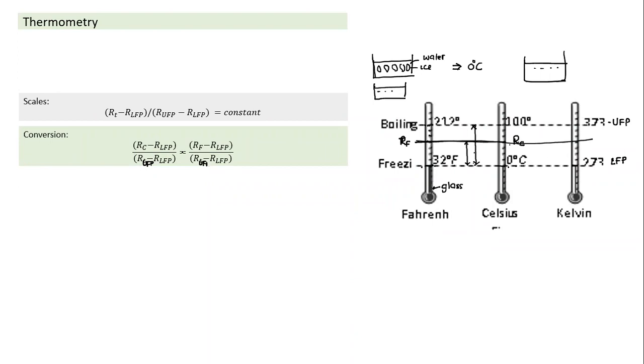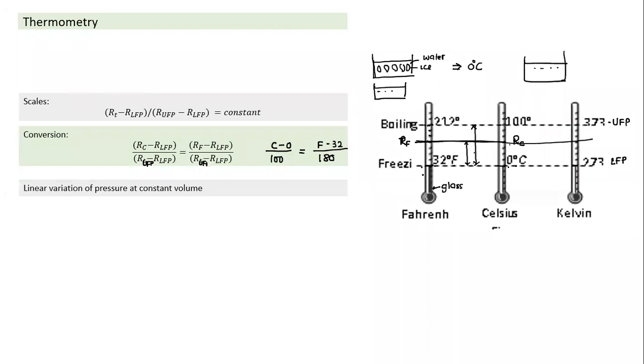So when we convert from centigrade to Fahrenheit, the conversion is: C reading minus 0 divided by the upper fixed point 100 minus 0 equals Fahrenheit reading minus 32 divided by the upper fixed point minus the lower fixed point, 180. That's how we convert from centigrade to Fahrenheit. A similar conversion can be done for any hypothetical scale also. The logic here is that we equate the ratio of length. If you understand this point, there is no need to memorize the formula.